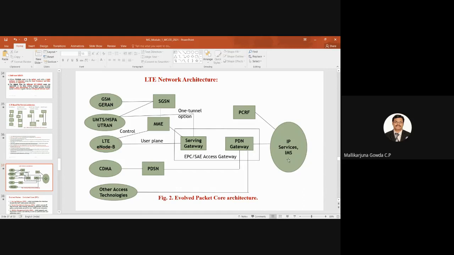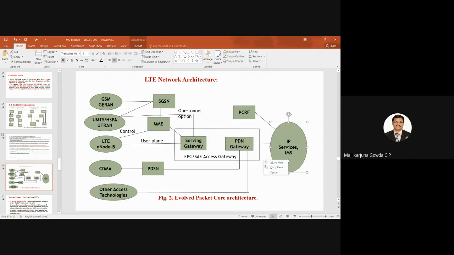Okay, so now just let me say in brief what are the functions of each and every network element. Hope this picture is clear. Yes, sir. Yeah, so this is important. Even other things are also important. I don't say other things are not important. As far as the architecture of the LTE network is concerned, these elements should be there in your mind. So this is the LTE network architecture.